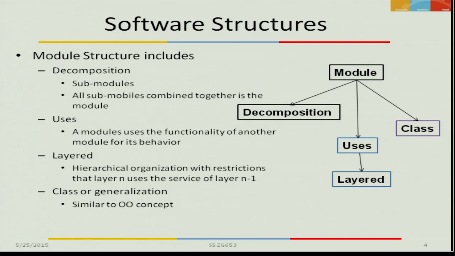Now layering is also considered to be an important design architecture pattern, and we are going to learn that later on. But for now, let's focus on the structure. That layering is essentially an important structure,